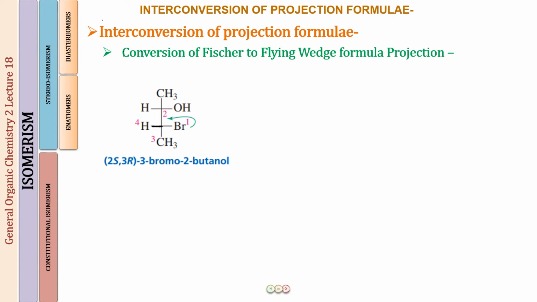First of all, where are we going to start? Well, in the Fischer projection, the top is our carbon number 1, so we will be starting with that. So we write a CH3. We know this is occupying the vertical position in the plane of paper, so I draw an ordinary looking line. Next I come to C2. For this I'm going to draw one more ordinary looking line, which is going to be my carbon number 3, which is also going to be in the plane of paper. So all the things which are in the vertical line in a Fischer projection, we draw them by ordinary looking lines. They are in the plane of paper for a flying wedge projection.